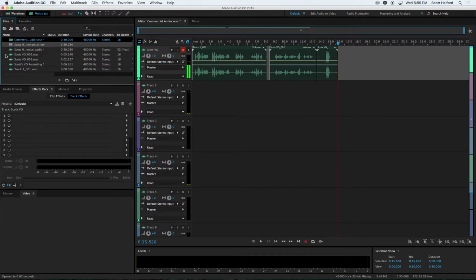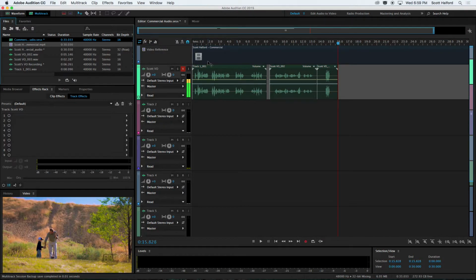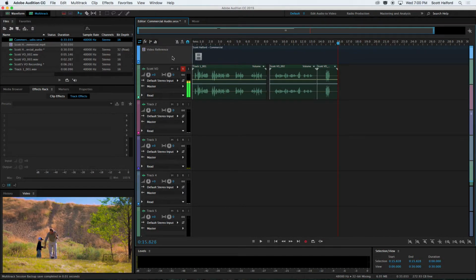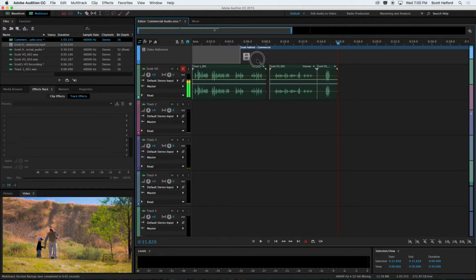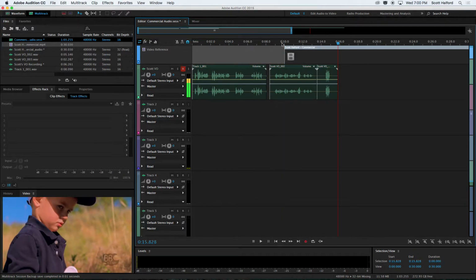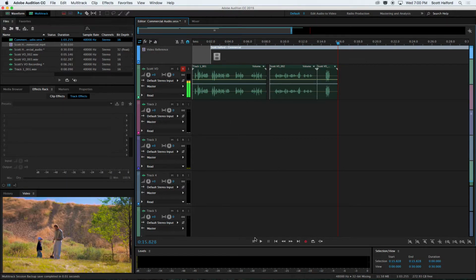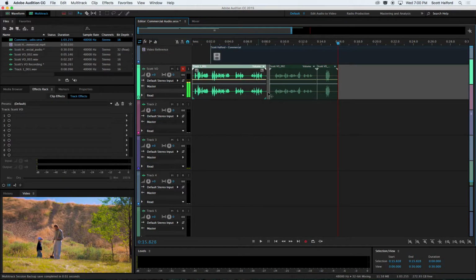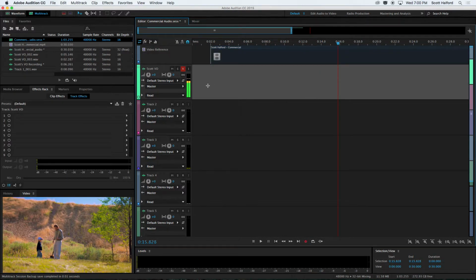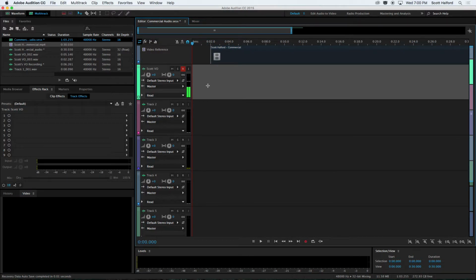So cool thing about this is now if I drag this video file down on to a track, it creates a new video reference track. So I can change the timing of this so that our spot starts at 10 seconds. So we could maybe do it out 10 seconds, but I'm just going to do it 2 seconds so that I can give myself a little bit of a running start. Now let's pretend I have a script written and I'm going to just check my voice for timing against the existing spot. So if I hit record,